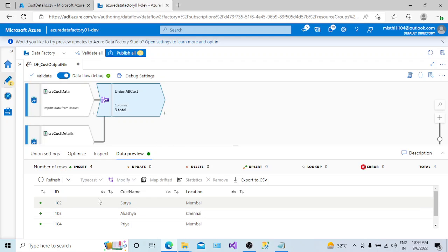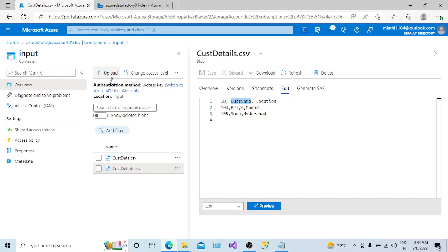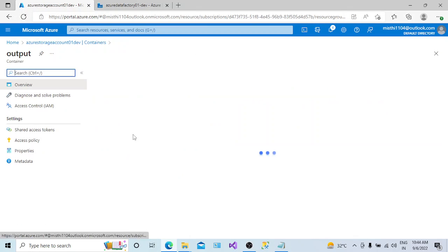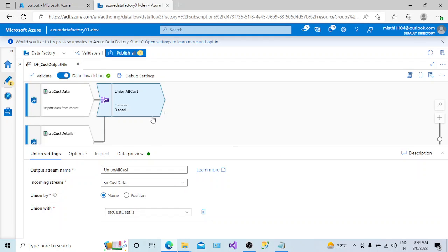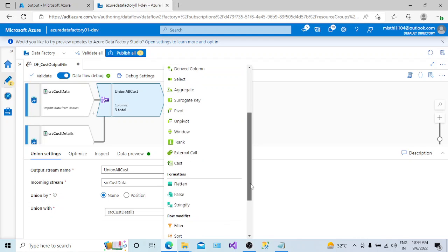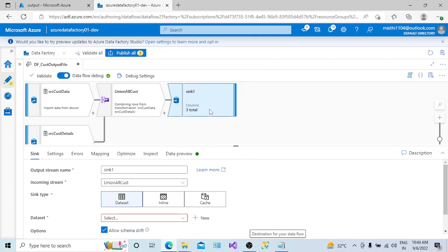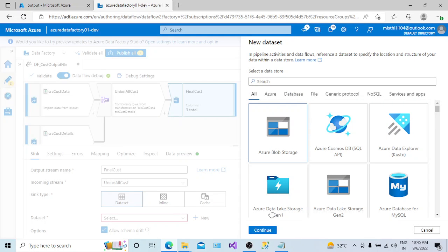Now once the data is fine, I want to sink it, put it in my destination. And what is my destination? The destination is my output folder. I want to put my combined file into this output folder. So I need to click on this plus icon, go down, and in the destination category select this sink. Here I need to put final cust data. The sink type is nothing but a dataset. You have to click on Azure Blob Storage,